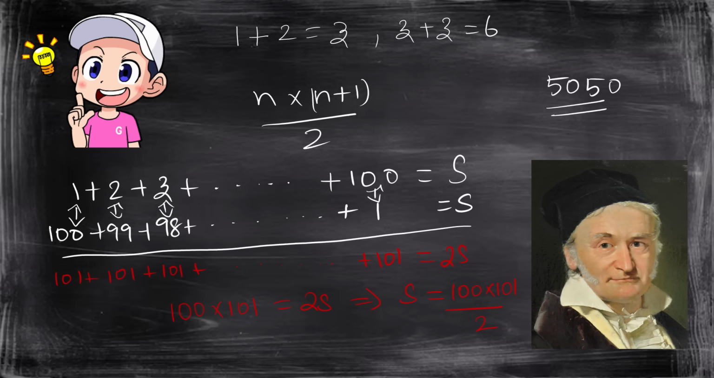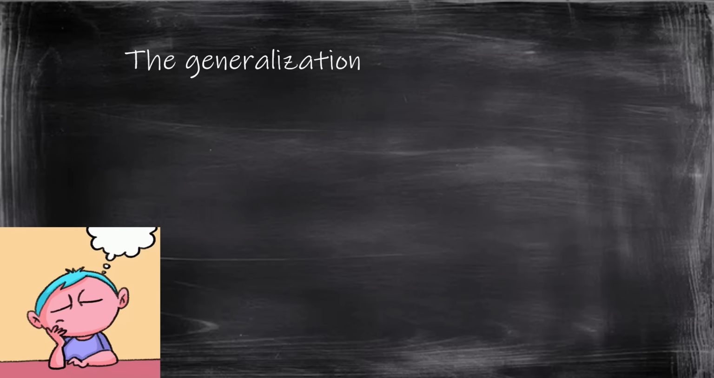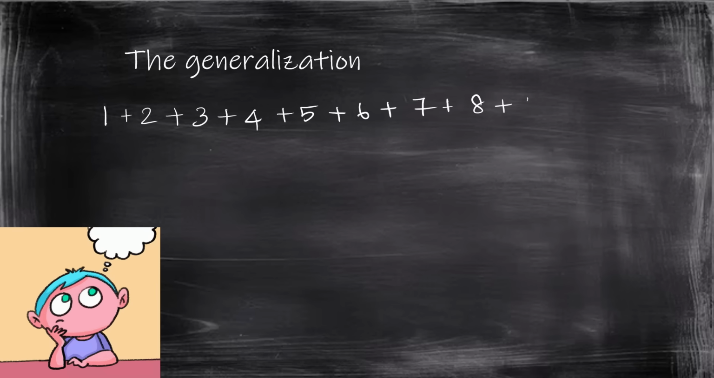So this trick led to this formula that we study now. So how did it get generalized? Let's see the generalization of the formula. To understand the generalization, let's first try to find out the sum of the first 10 numbers. That is 1 plus 2 plus 3 plus 4 plus 5 plus 6 plus 7 plus 8 plus 9 plus